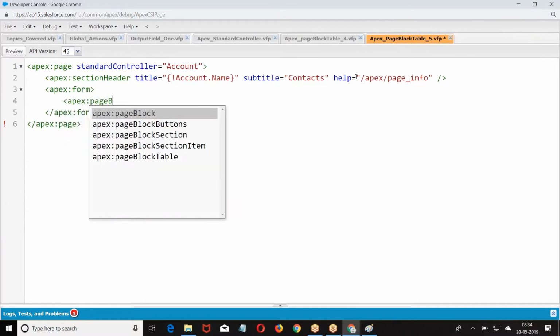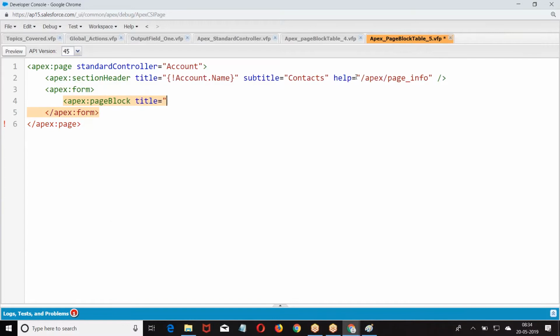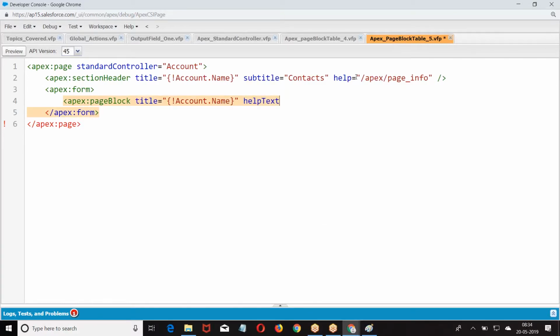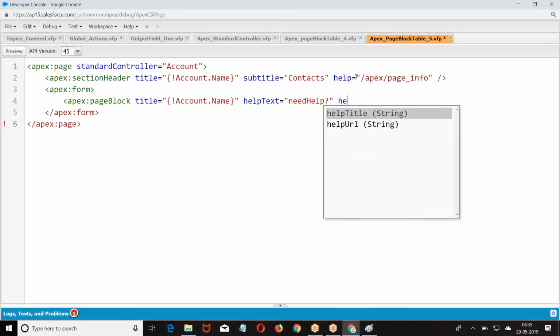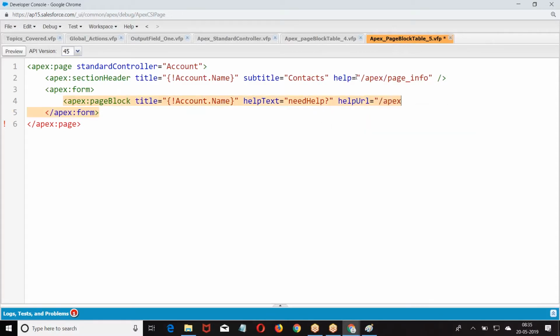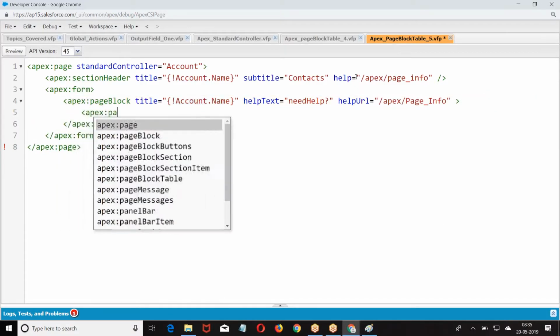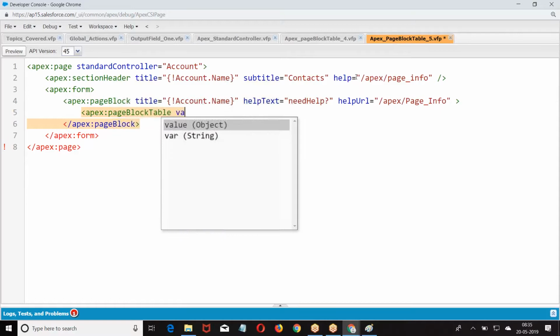Then we are going with apex page block. Then page block table.